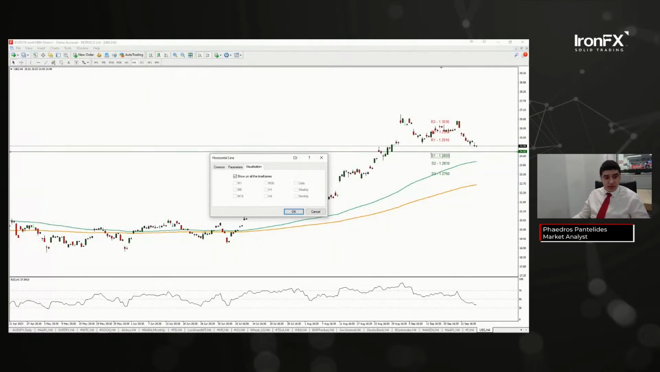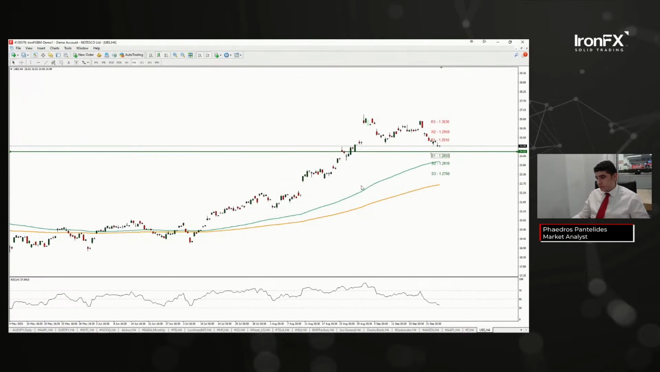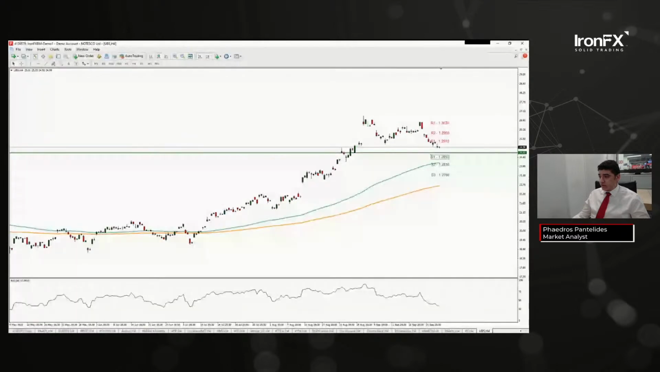Let's make the lines a little bit bigger as well. Makes it easier for the eyes. S1 24.65,